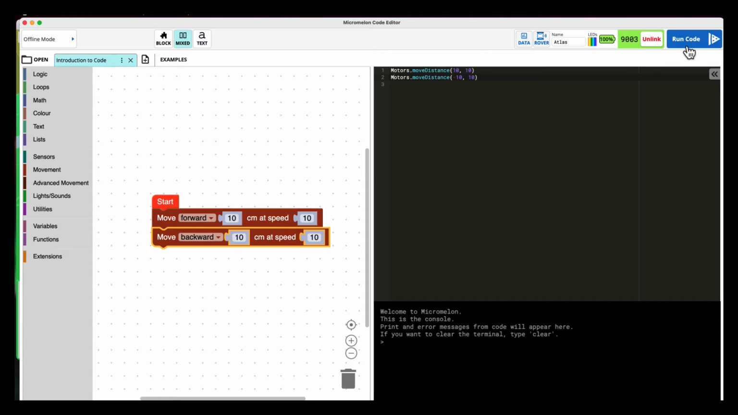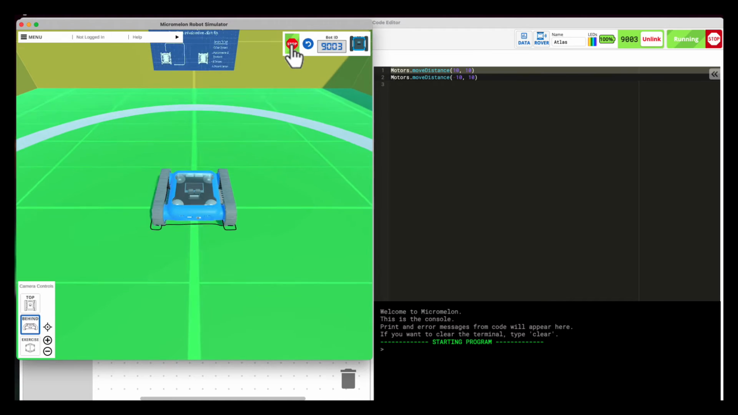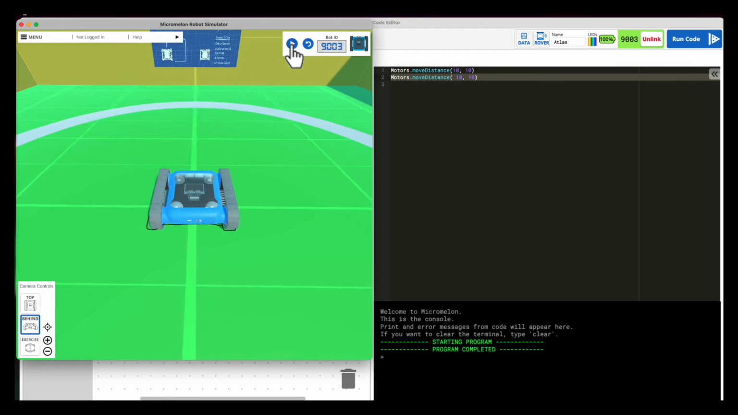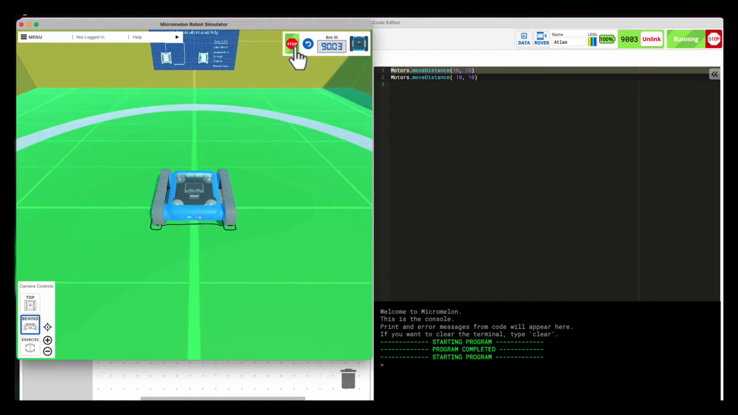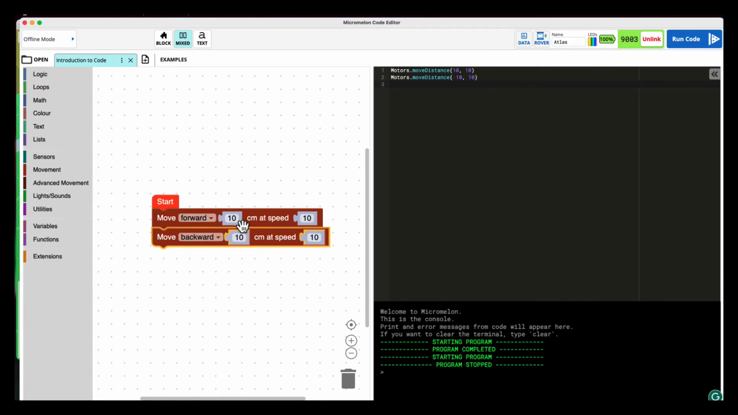Now to run your code, you can click Run Code here, and then the simulator will action your code here, or you can actually click Play here and see that it moves forward and back. You can also stop it in either environment, and therefore if you've got it side by side you can easily control the robot. Now we found that 10 centimeters isn't very far at all,